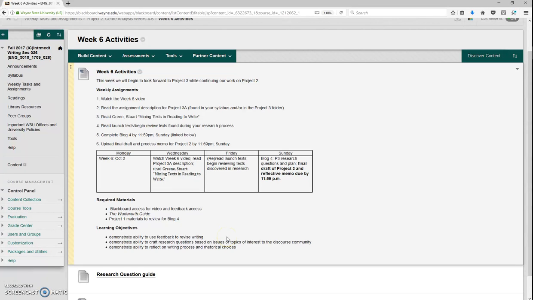Now I was really pleased with the discussions we had on Monday about doing research, and I hope that what we did in class helped you really start to think about the topics that you might want to pursue in the next projects. For the most part, it seemed like a lot of you at least had an idea of something you might want to investigate, or at least a general sense of the topics that you're interested in regarding your communities.